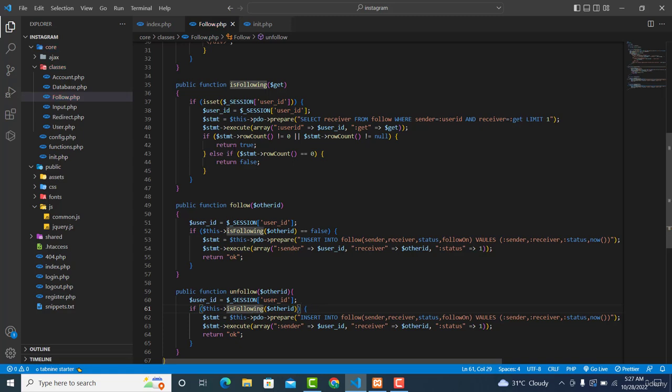So if this one is true, then it is true. But let's also check so true, which is this one. Then over here, it should not be insert, but rather let's remove this one from here. This one will be delete from follow,